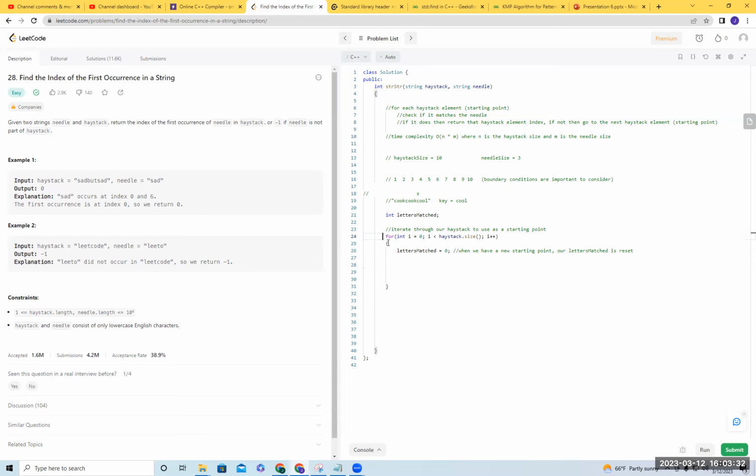The next thing is we now want to iterate through all of our key. So for each haystack starting point, we want to go through our entire key. So let's go through the key. For each i, or I should say j, let's create a different variable. j is 0, j is less than my key size, j plus plus. And all this is saying is that we're going to iterate through the entire needle